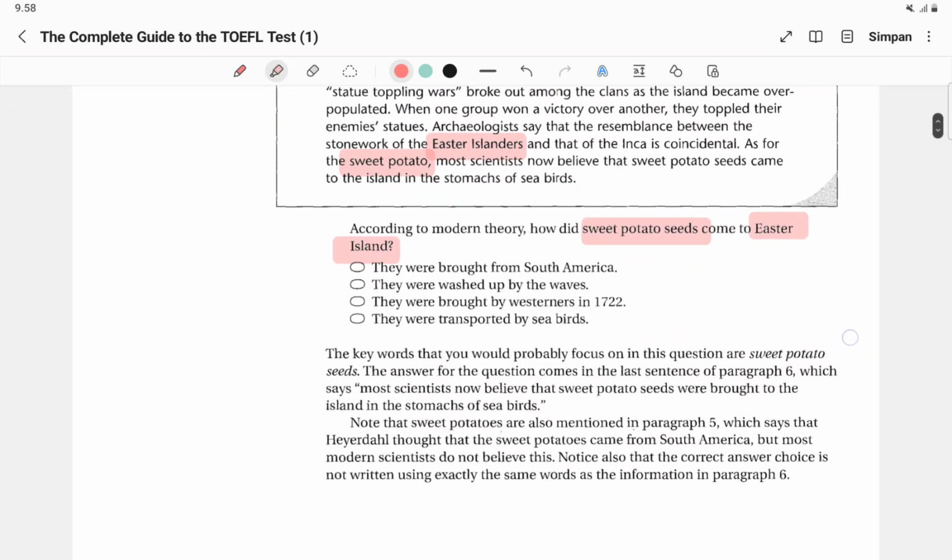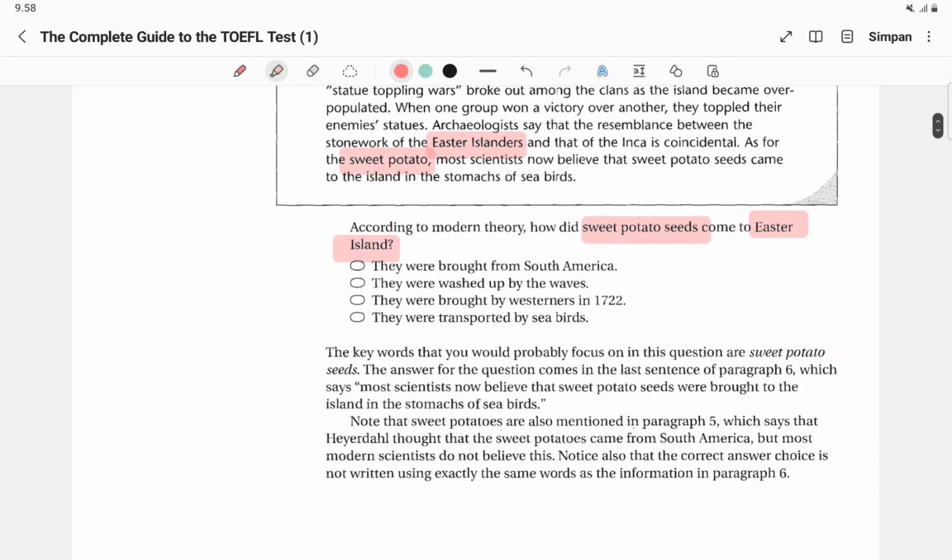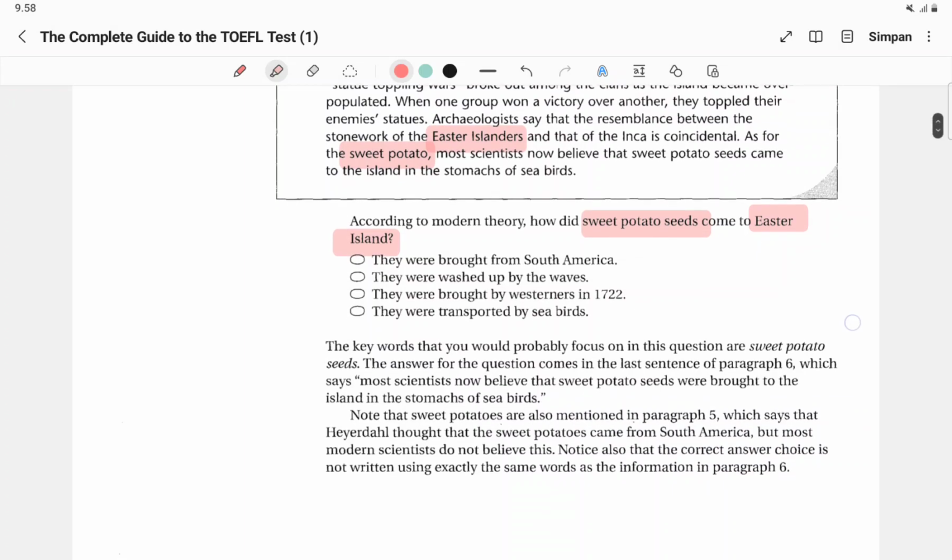When one group won a victory over another, they toppled their enemy's statues. Archaeologists say that the resemblance between the stonework of the Easter Islanders and that of the Inca is coincidental. As for the sweet potato, most scientists now believe that sweet potato seeds came to the island in the stomachs